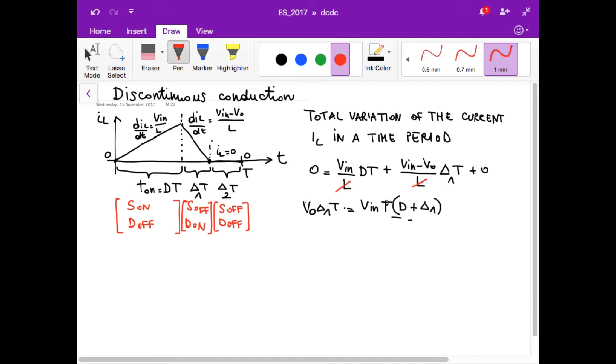So we can eliminate T, and therefore we have VO over V in is equal to D plus delta 1 over